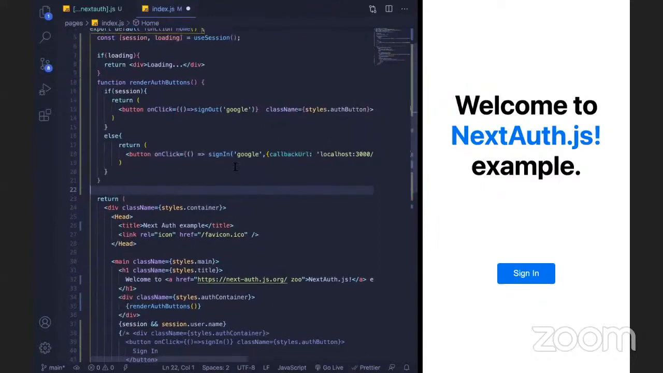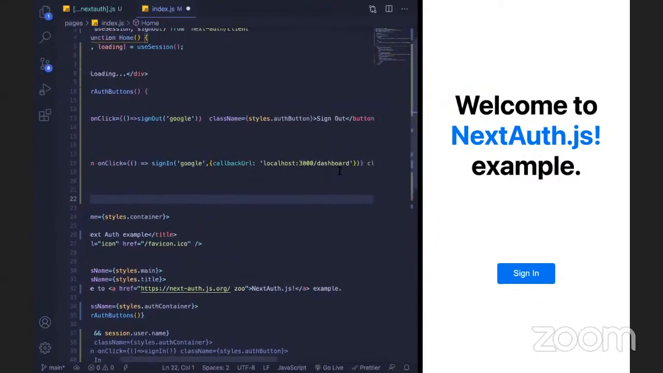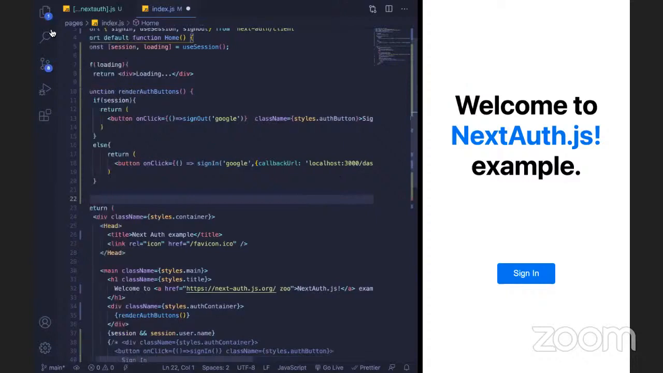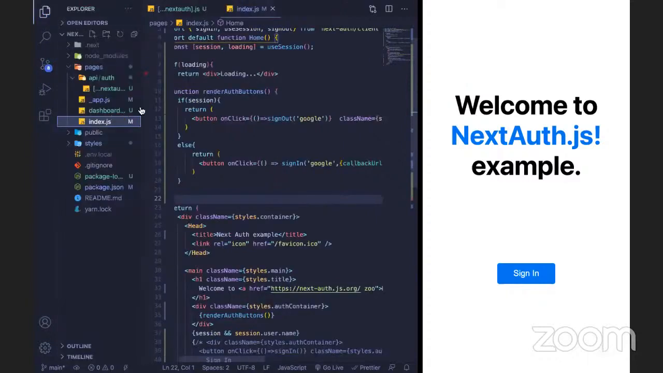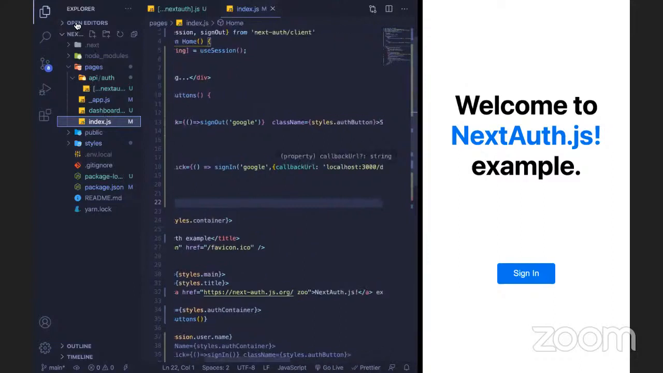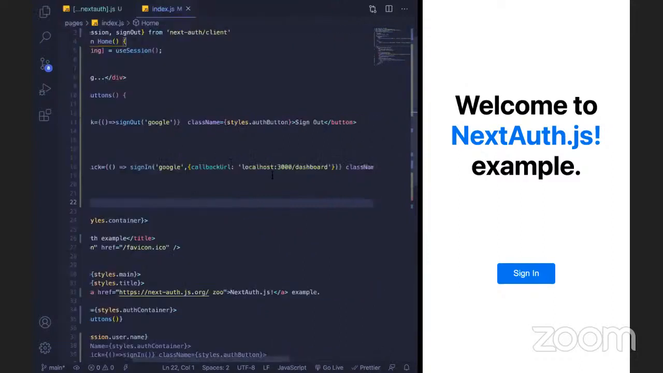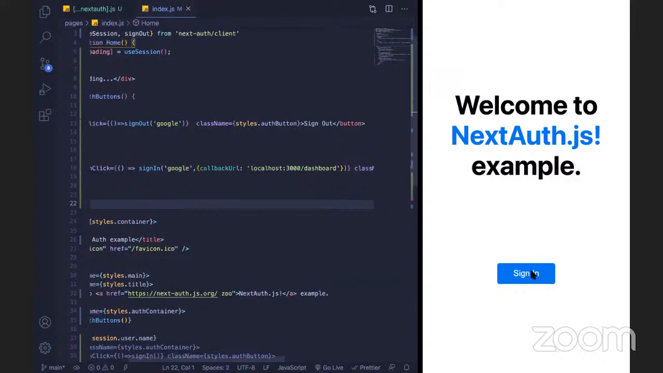So after logging in, I want my users to go to the dashboard. I have already created a dashboard page in my application. Whenever the user's sign-in gets completed, I want the user to be redirected to this page. So if I click on sign in,